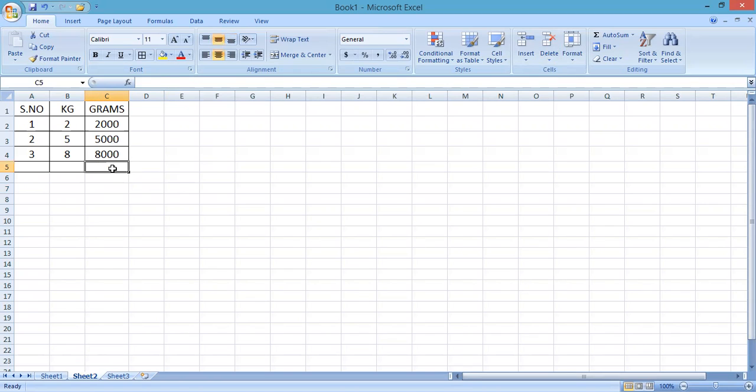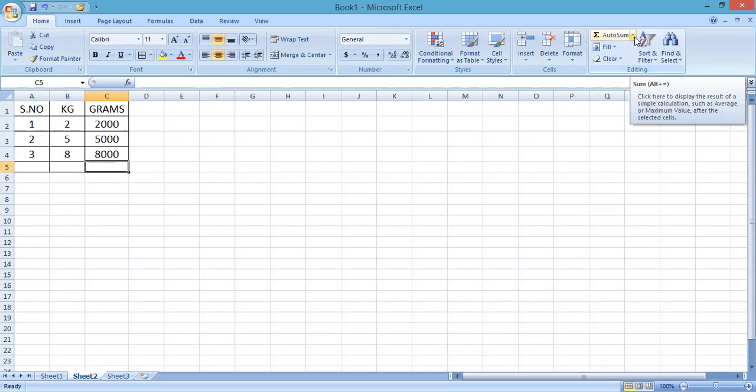First, I want to apply the sum function through the auto sum option. I will select the cell where I want to apply the formula. Then, click on the home tab. By default we are on the home tab, but if we are not, we click on it first. Then you will click on the auto sum option.